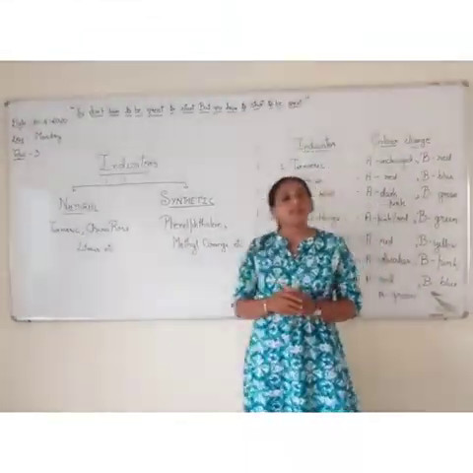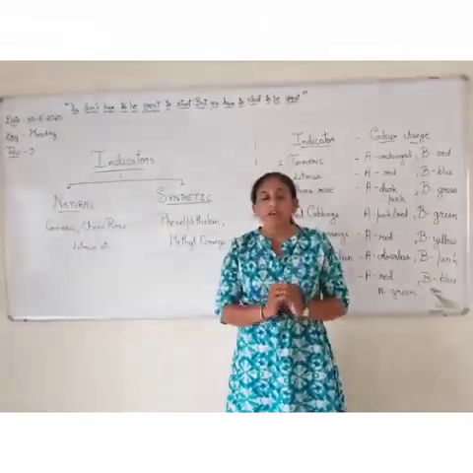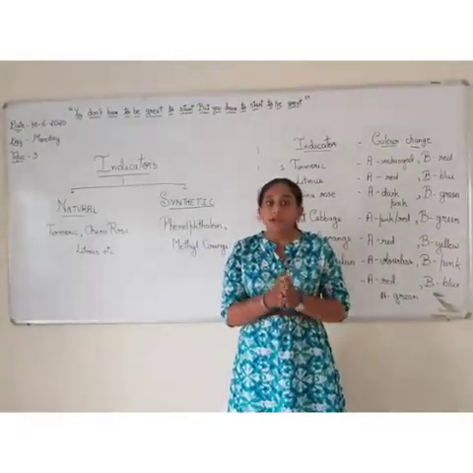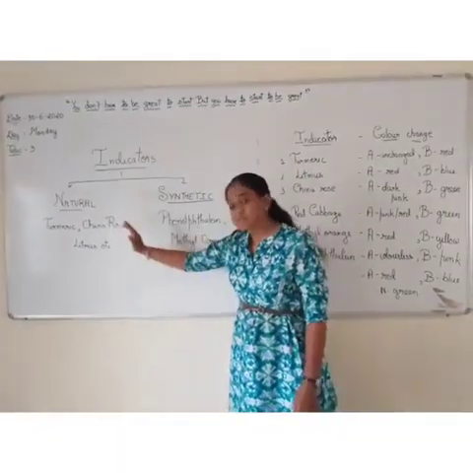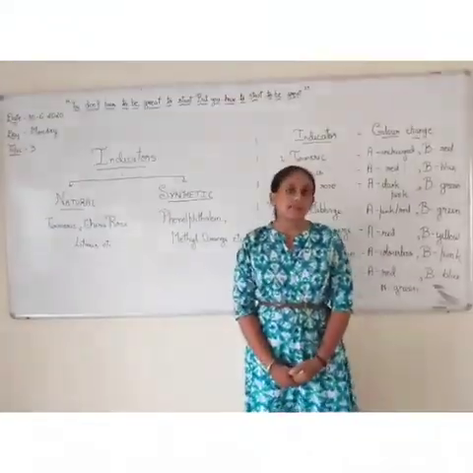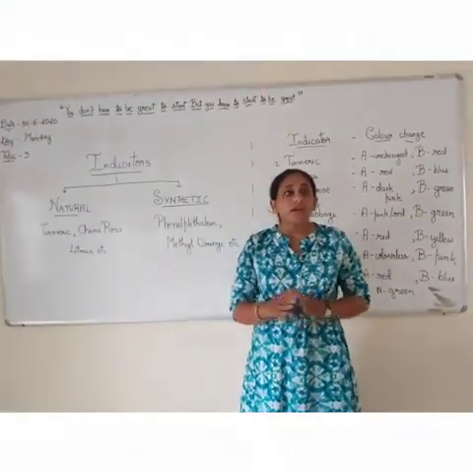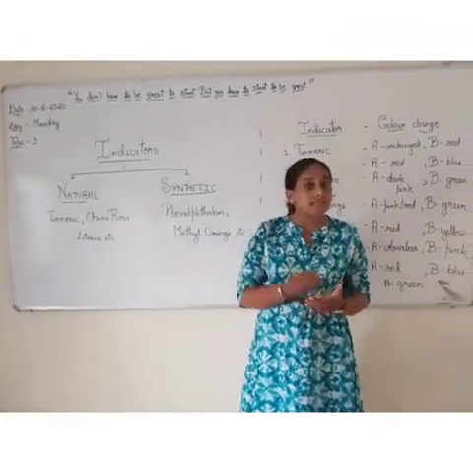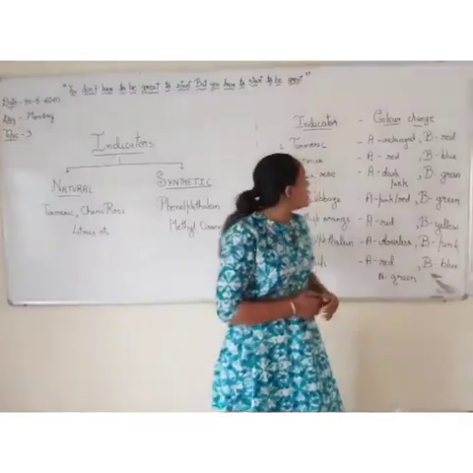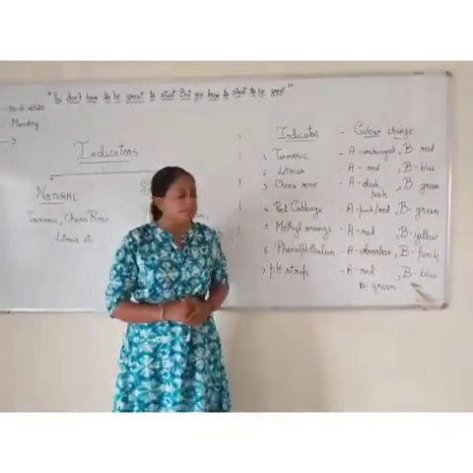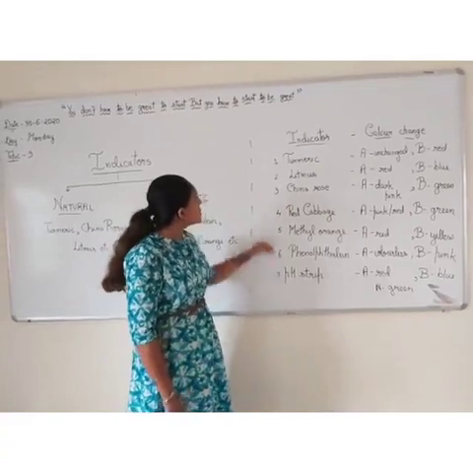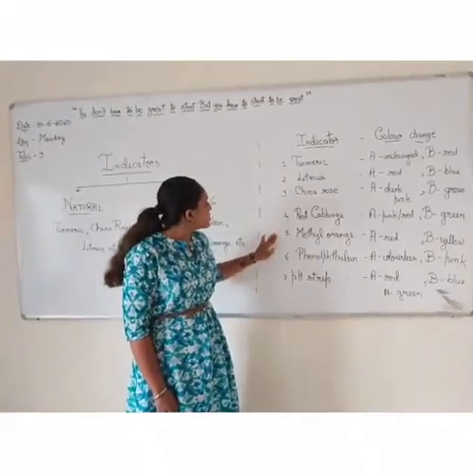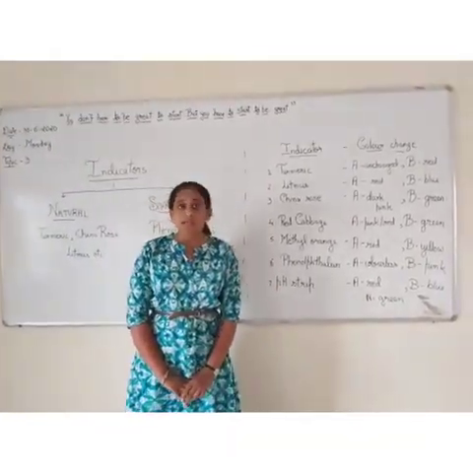So basically indicators are those substances which help us identify whether the liquid is an acid or a base. You also know whether it's neutral. And there are two types of indicators. One is natural indicators and the second is synthetic indicators. Let's now understand how indicators change their color when they are put over an acidic medium and over a basic medium. I have a chart here which I have made, which includes most of the indicators. From number 1 to number 4 we have all the natural indicators. Number 5, 6 and 7 are the synthetic indicators.